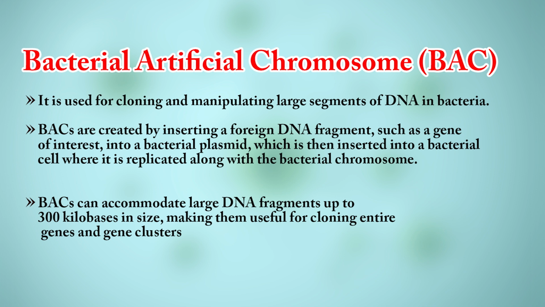But what is the difference over here from your conventional cloning vehicle is that it can accommodate, right, the DNA size is exceedingly increased. Here you can clone up to 300 kilobases in size. So, just imagine that this limitation is overcome in the form of the bacterial artificial chromosome, and that is why it is a very useful vector for cloning the entire genes and mostly the gene clusters